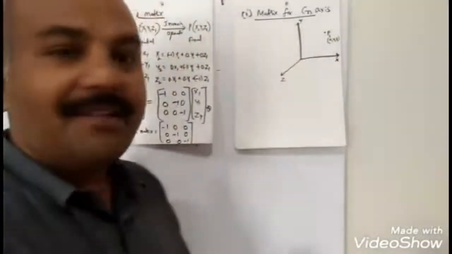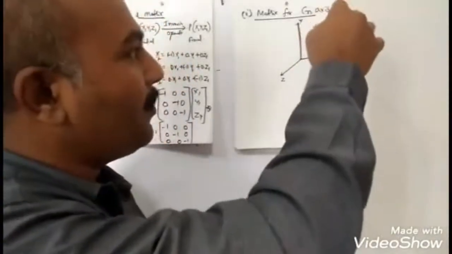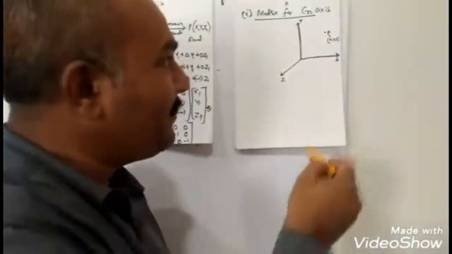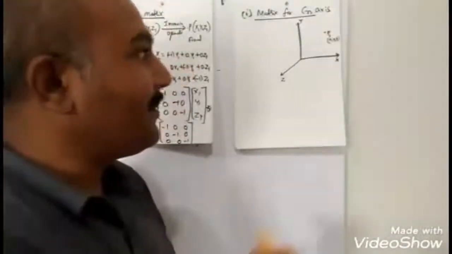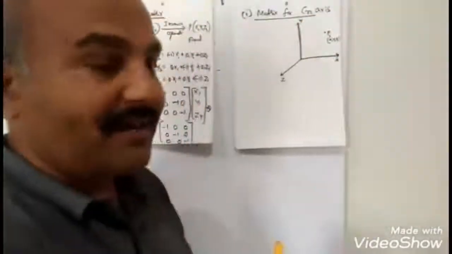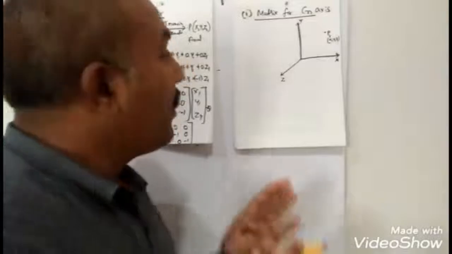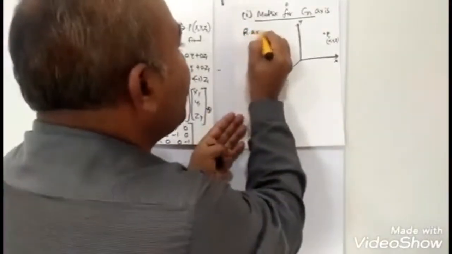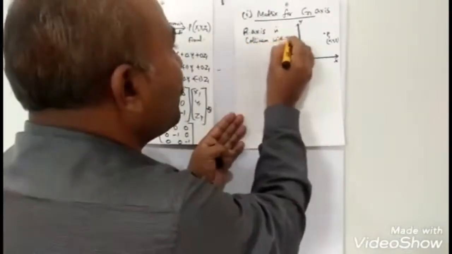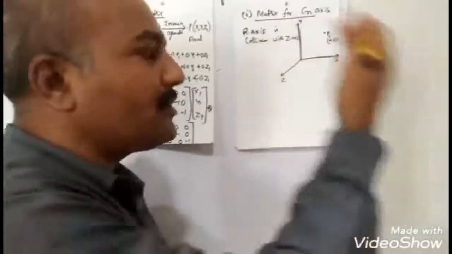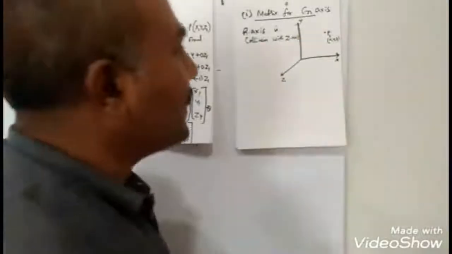The rotational axis is collinear with the z-axis. That means any molecule or a point P1 is rotated taking a rotational axis which is collinear along the z-axis. That means there is no change in the z coordinates. There are changes in the x coordinate and the y coordinate. Similarly, you can also take the rotational axis along the x-axis and also y-axis. But first we will take the z-axis.